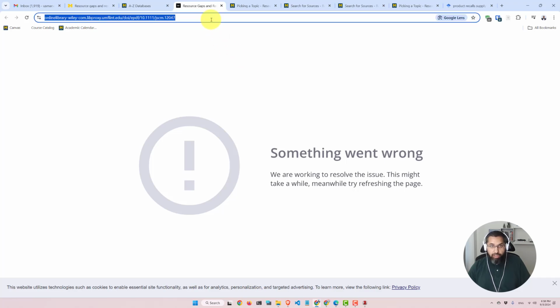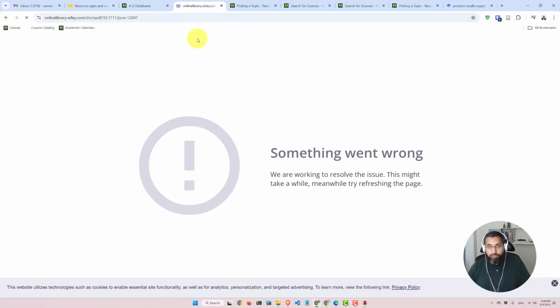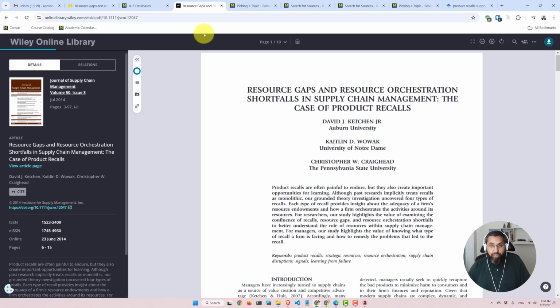And we saw something went wrong. So we just refresh. Oh, and it worked this time because the Flint library website is trying to connect to other websites or backend databases to get the paper. If the connection is a problem, you can refresh it or just click on that paper and try to download from a different source. Because if you go back here